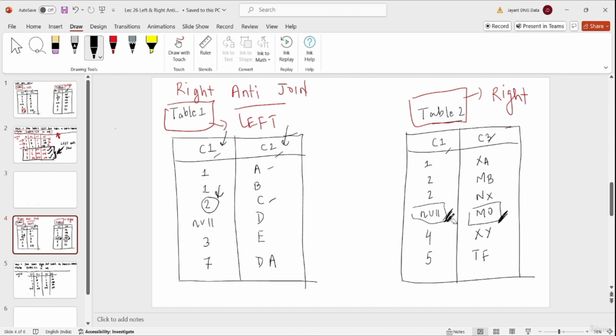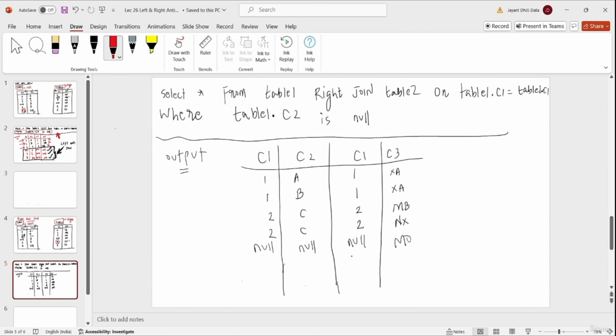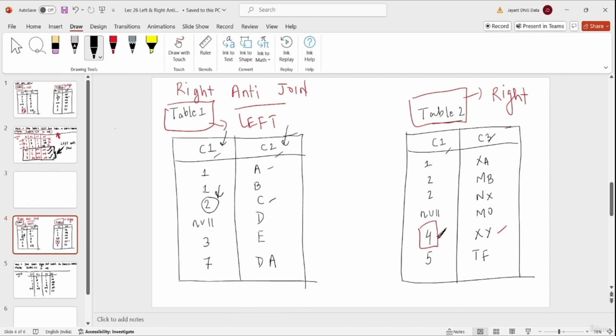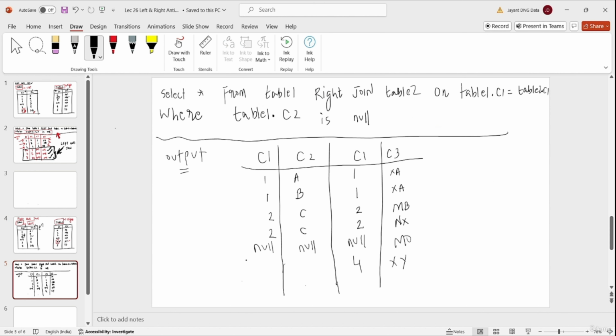Again, let's talk about the next record. So we have 4. This 4 appears only in column 1 of the right table, and we are considering that a right outer join is being applied, right? So we can write 4 XY in the output because it is present in the right table and we are talking about right outer join. So we have 4 XY. And since this 4 is present only in column 1 of the right table, and not in column 1 of the left table or table 1, corresponding to all the columns coming from the left table in the output, we will get null values. So we will write null and null here.